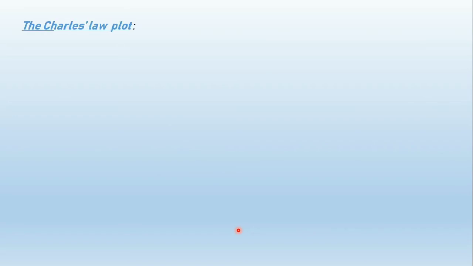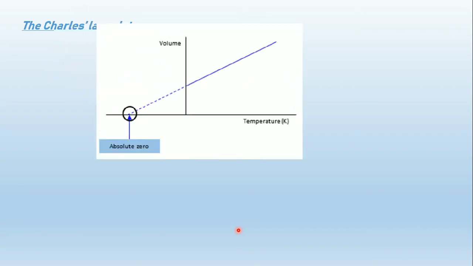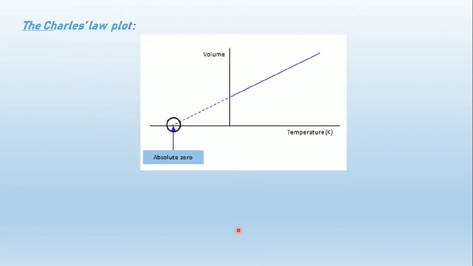Our next topic is the Charles law plot. So how exactly does a Charles law plot look? This is the exact look of a Charles law plot. Certain labels will be there, it doesn't matter. Temperature is given in Kelvin, but degrees Celsius or Kelvin doesn't matter, because the graduation in Kelvin and degree Celsius is the same, so it does not change the graph. From here onwards you produce the graph in a straight line. This is a straight line we have got from our Charles law equation.